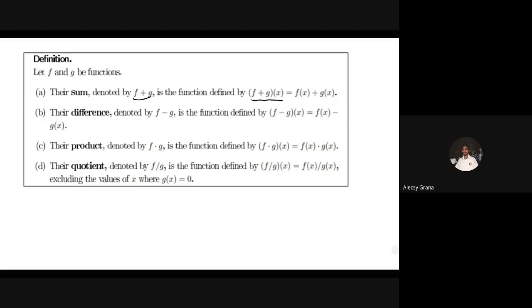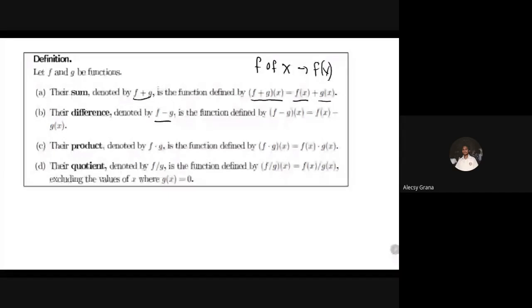That will be equal to f of x. Ang basa nito ay g of x. F of x, yan po ay f of x. Kapag g yan, g of x. So ang difference naman, denoted by f minus g,